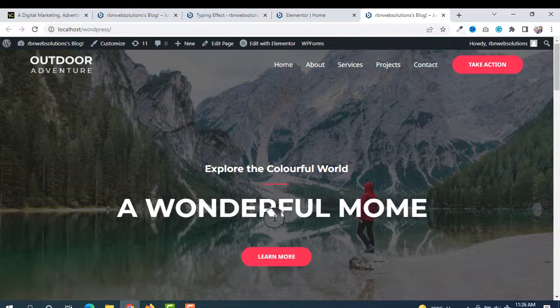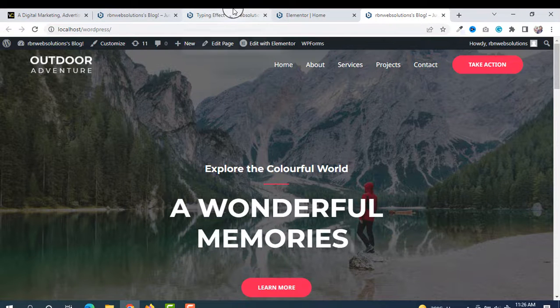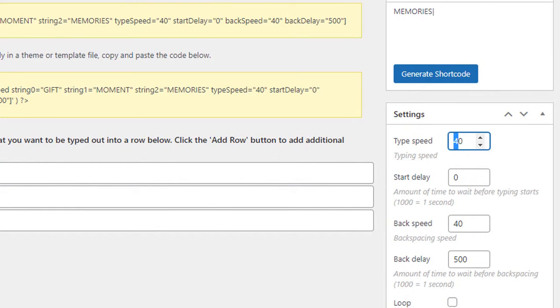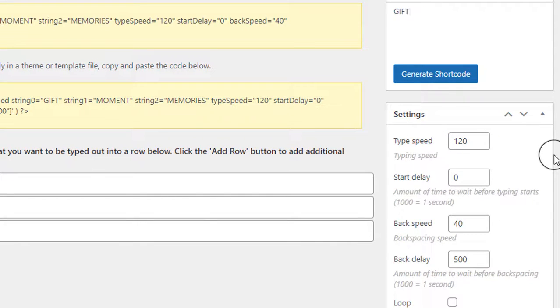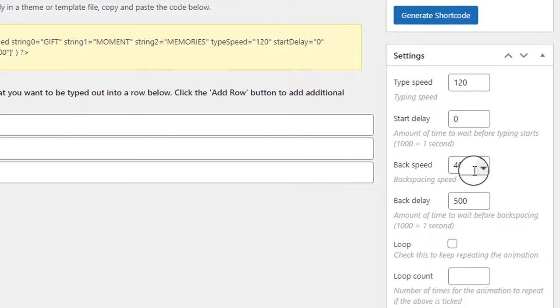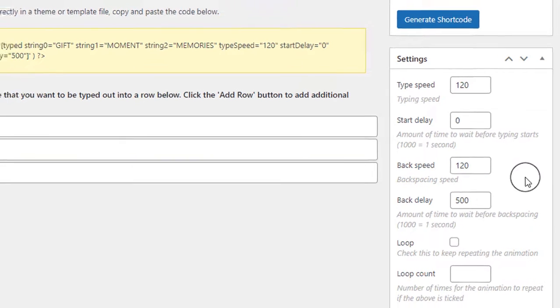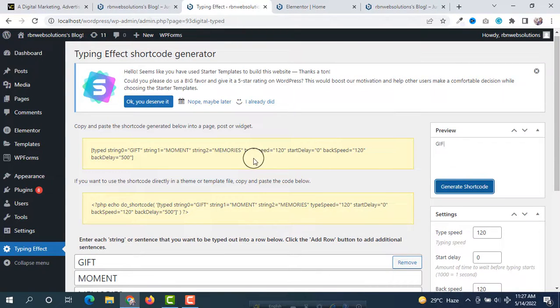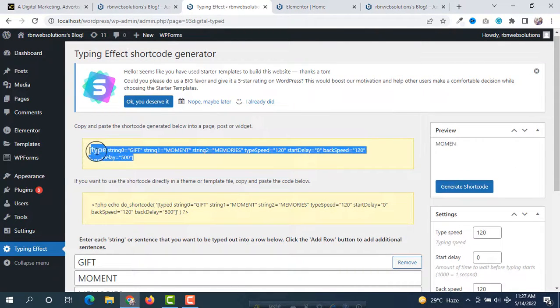Then you will see that this is so fast, we have to make this slower. So here you can see here type speed. So we have to increase this. 1000 means 1 second. So we are going to make this 120, and then backspace is also 120. Back delay I think 500 is okay, and then we can click on again generate shortcode and copy this shortcode again,